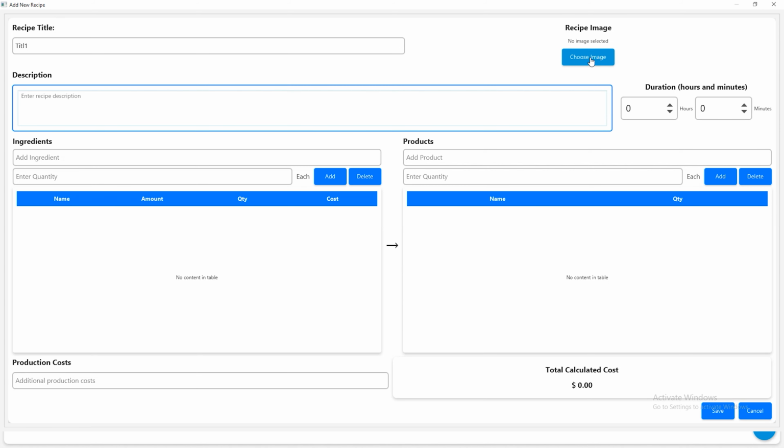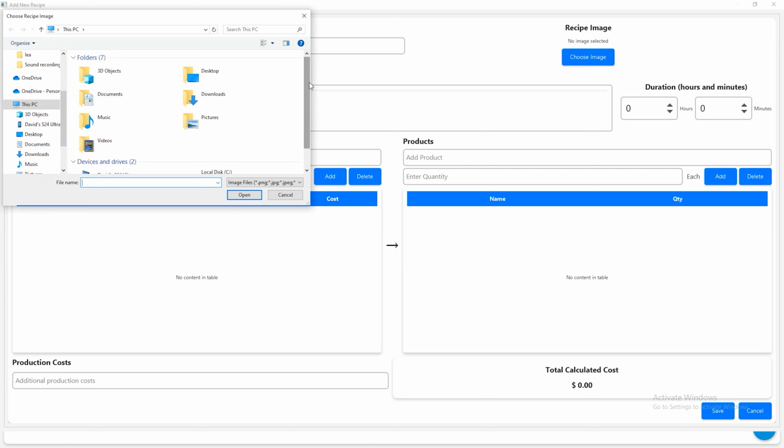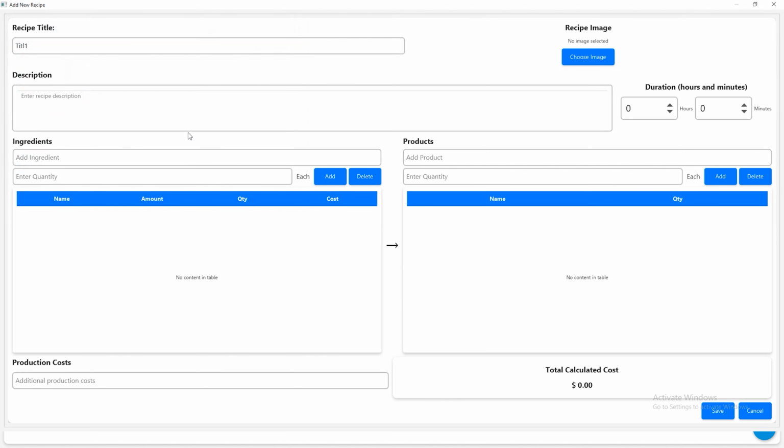You can choose an image to add to the recipe, so that it would be easy to recognize the product in case, for example, there are people who can't read. Here, we have two columns, one for the ingredients and the other for the products. We select the ingredients in the first column, in order to make them into products. What happens when we do that? The ingredients are removed from the stock, yet the product is added to it. When the quantity of this product increases in the stock, we can start to sell them, which consequentially reduces the